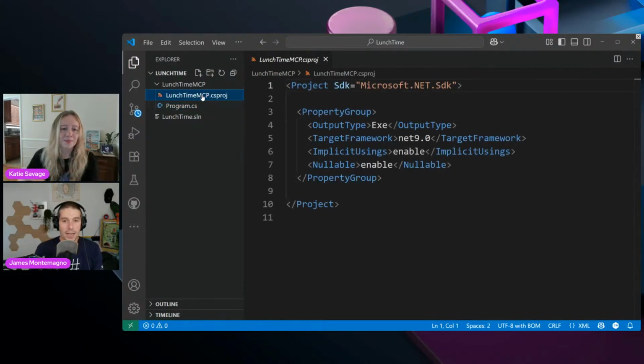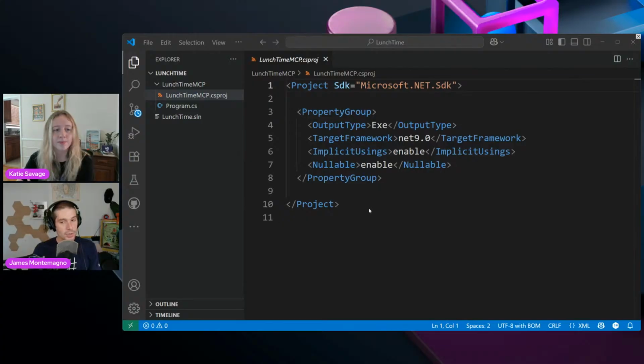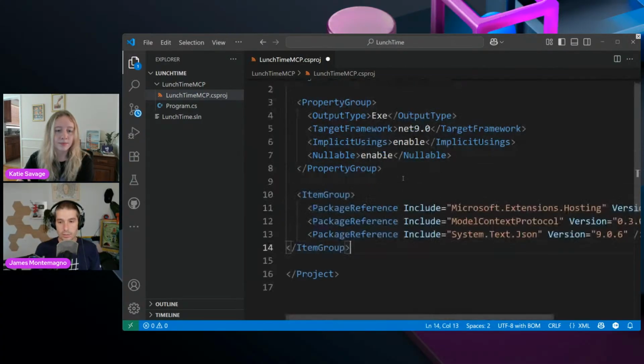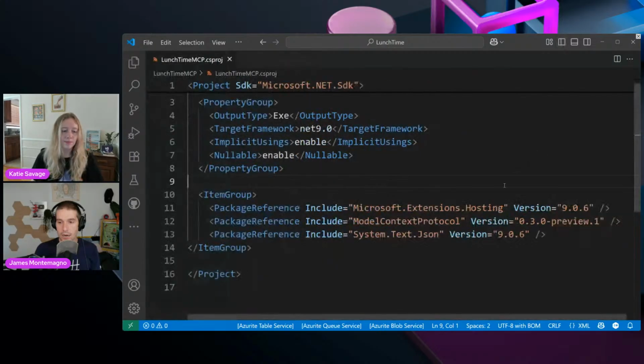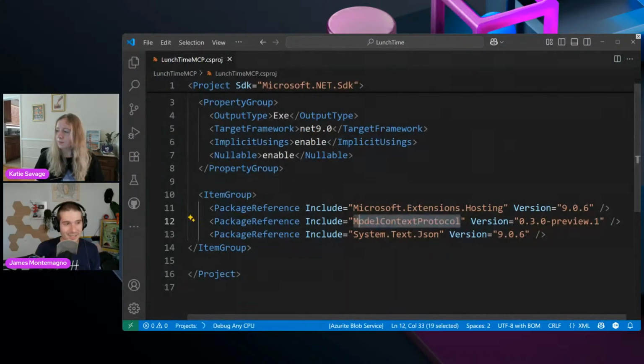We're back. Now, at this point, we need to install some NuGet packages. I'm just going to copy the ones that we need here. I'm going to copy those in, and we'll take a look at them instead of adding each NuGet manually. So the ones that we need are the Model Context Protocol. And right now I think they even have a newer version, but this is at least the one. There we go.